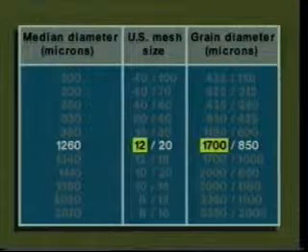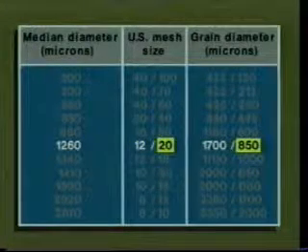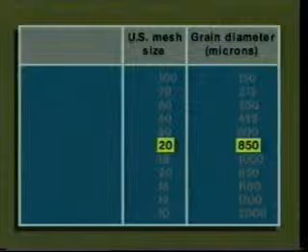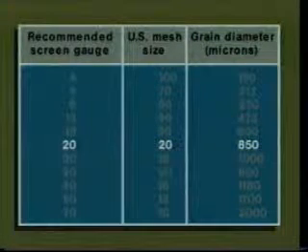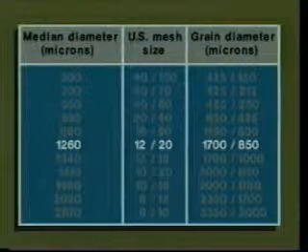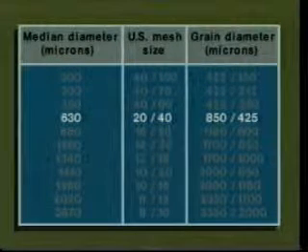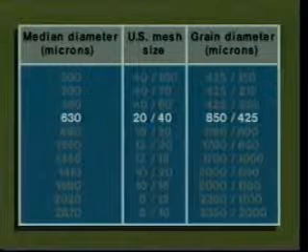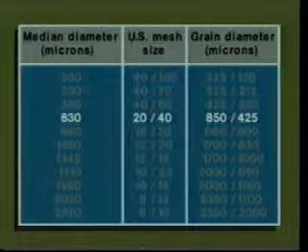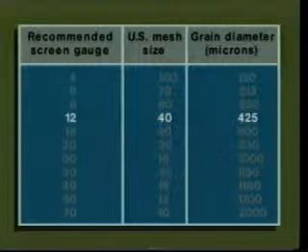12 mesh gravel has an average grain diameter of 1700 microns. 20 mesh gravel has an average diameter of 850 microns. Based on the average diameter of the smallest gravel, the 20 mesh, a 20-gauge slot would be appropriate. It is preferable to size the screen and gravel material slightly smaller than the optimum size calculated, rather than larger, to avoid the damaging effects of sand production and the resulting significant reduction in permeability if the formation sand and gravel are mixed. In light of this, a 20/40 mesh gravel and 12-gauge screen may be a better choice, especially